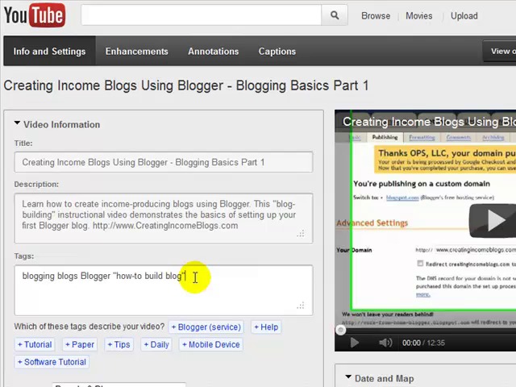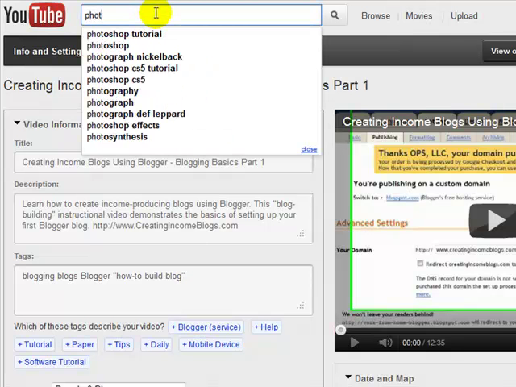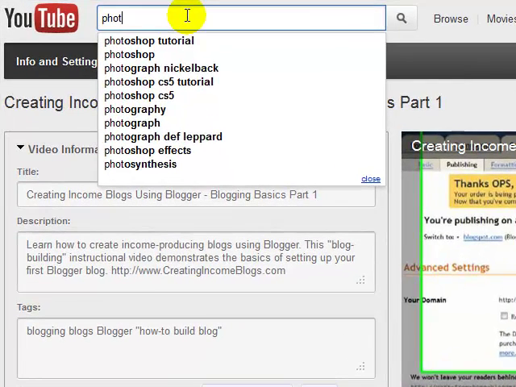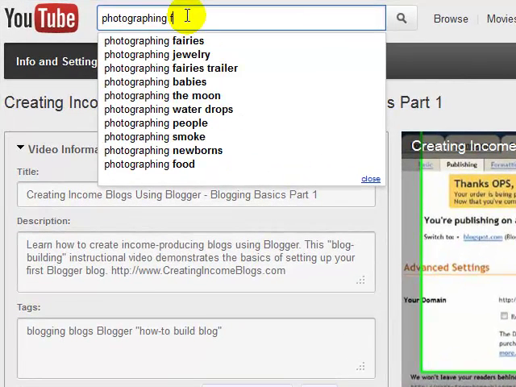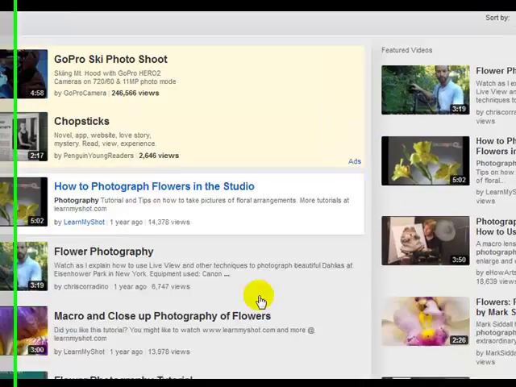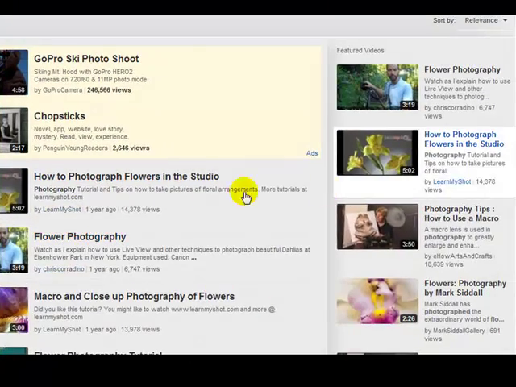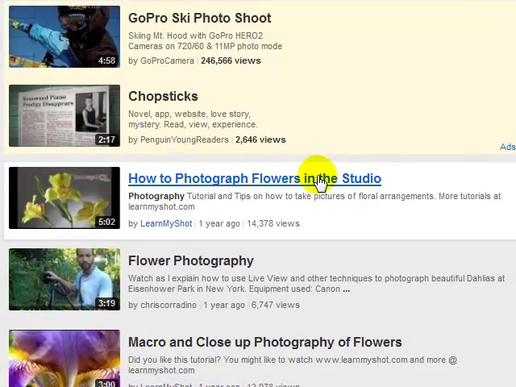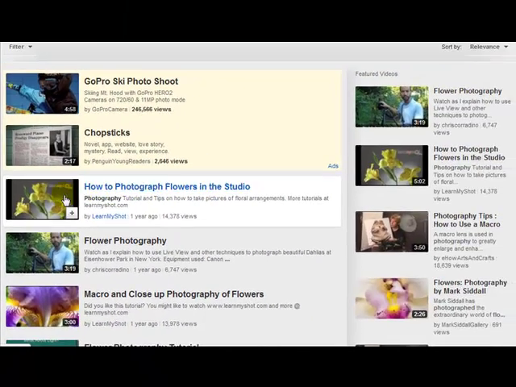Let's say, for example, you were going to do a photography blog, and you weren't sure exactly what would be the best keywords. You could type in "photographing flowers." Let's see what we have. Okay, here's one: "How to photograph flowers in the studio." So you would want to click on this,